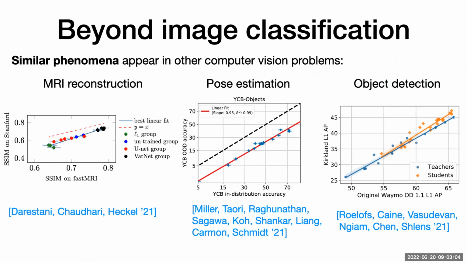These are some evaluations I know where people have made similar scatter plots with an out of distribution test set for MRI reconstruction, 6D pose estimation, object detection. And it looks like at least these linear trends as a baseline do occur in all of these settings. I think overall, I also don't know what people have proposed as robustness interventions for object detection and so on. I just don't know the literature as well. So I would be very curious to see if similar trends hold up there as well. Cool, thanks.